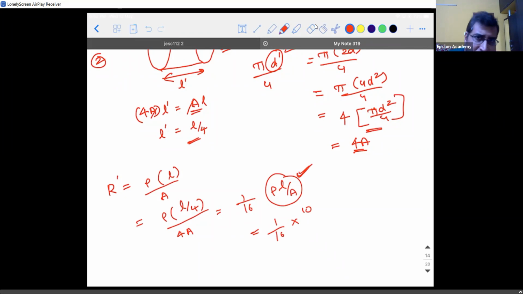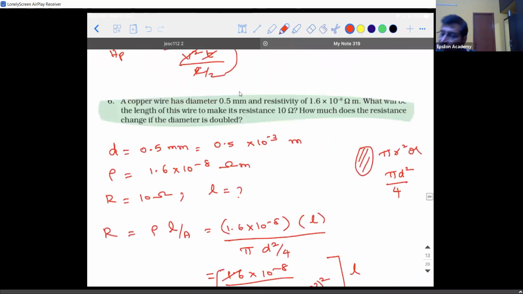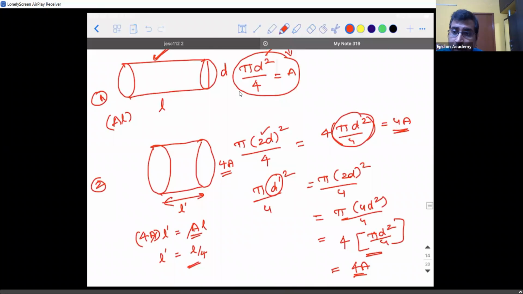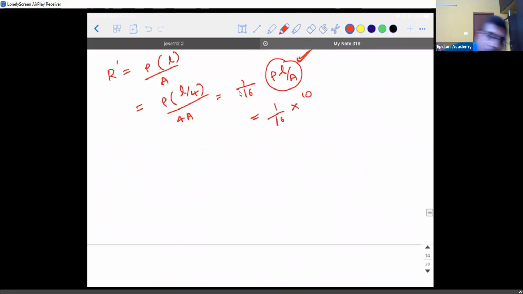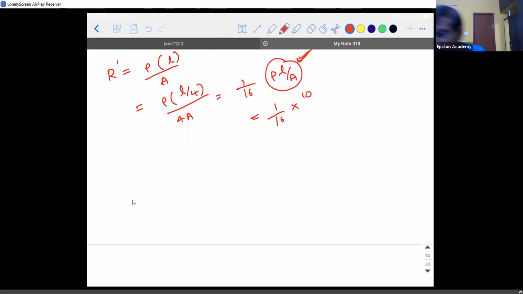Can someone check the answer? The question is a bit ambiguous here. Are they trying to say that the diameter of the wire itself is increased by 2 times, or they're trying to say that the area is increased? Check what is the answer. Is anyone having a textbook in hand? By any chance, did they give it as 2.5 ohm? Sir, they have given us 1 by 4 times. 1 by 4, no? Yeah. So that is 2.5.